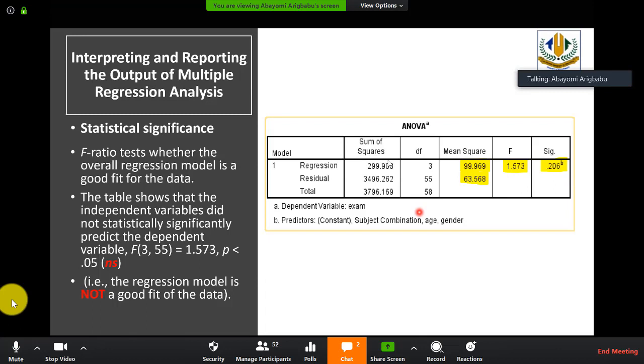Okay, good. So look at what happened to me. What I set out to do was to get a situation whereby I will have a relationship that will be statistically significant, just for the sake of explanation, to illustrate this concept. Not that you deliberately go and look for that type of situation. It's to tell you that at times you may even have a gut feel about something, that this is the way it is. You get to the field and it doesn't look like that. You now say,